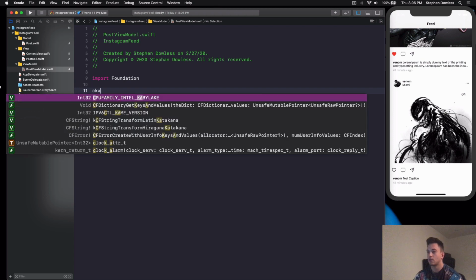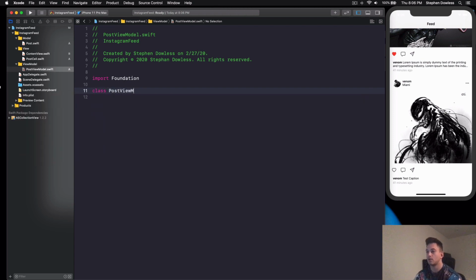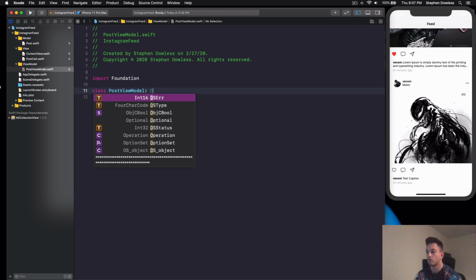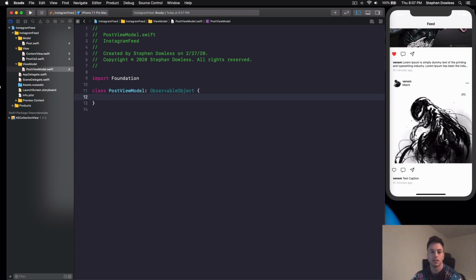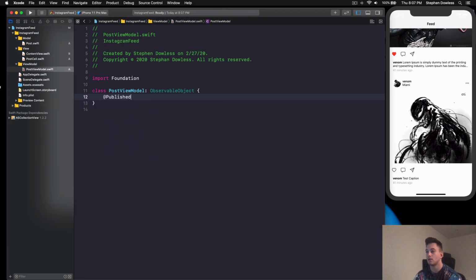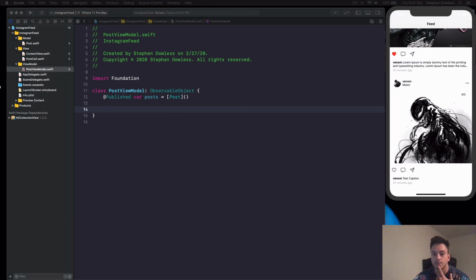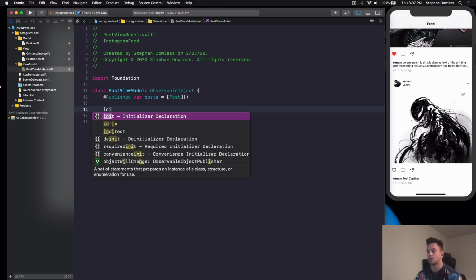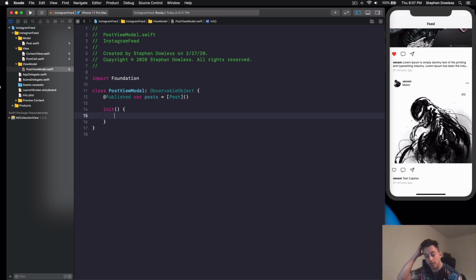And we're going to say class PostViewModel, which is going to conform to ObservableObject. And let's see, we're going to say @Published var posts equals [Post], just like this. So our view model is going to contain our data source, or array of posts. And here we're just going to construct some static posts. If this were a real application, you would actually be fetching this stuff from an API, but we're not going to be doing that. So we need to create an initializer,